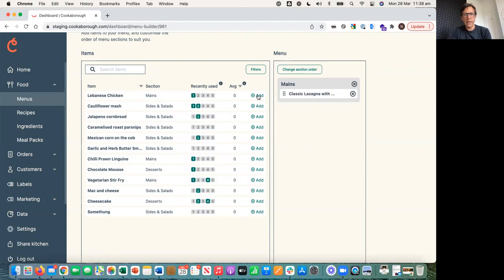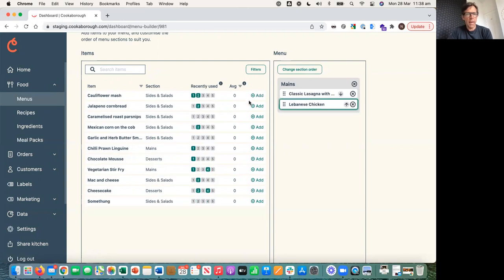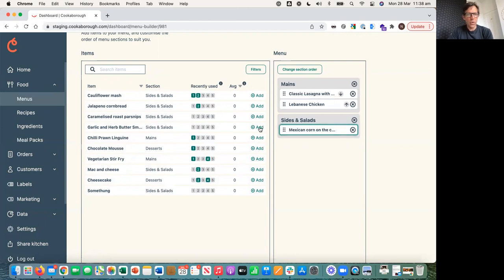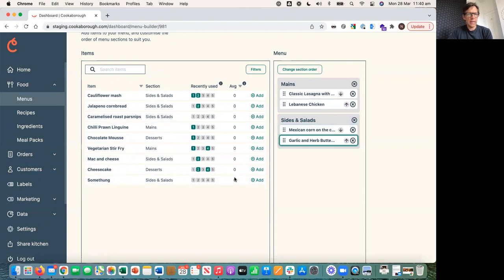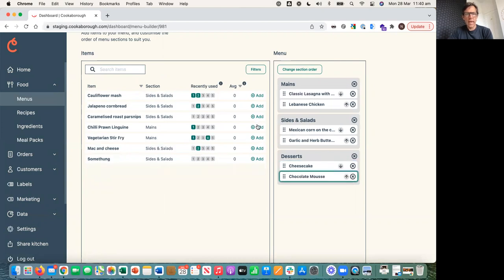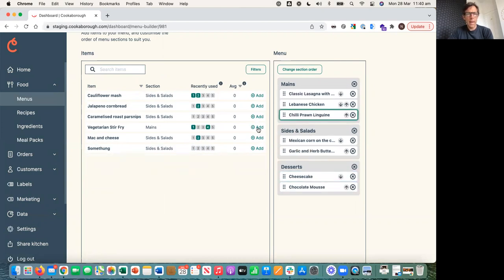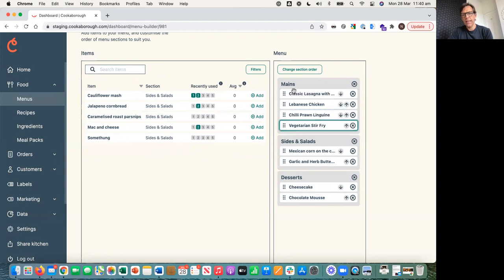I'm going to add the Lebanese chicken as another main. I'll put a side on of the salad, of the corn. I'll also do a side of the garlic butter potatoes. I'll add a couple of desserts, a chocolate mousse, and a couple more mains, and probably a vegetarian dish. And you'll see here, each time I'm clicking add, they're appearing over here,